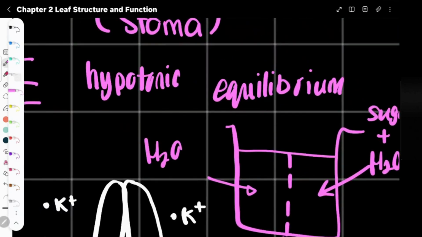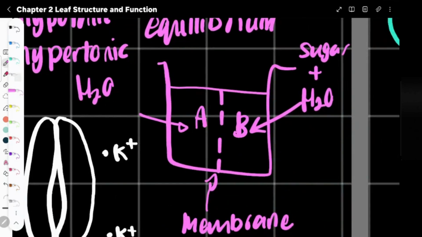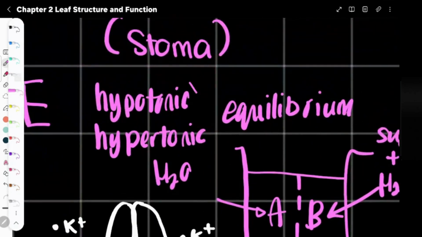Hypotonic and hypertonic. We learn two tonic. Which one will be the more hypotonic, the A or the B? The answer here will be A. In case you forgot, hypotonic